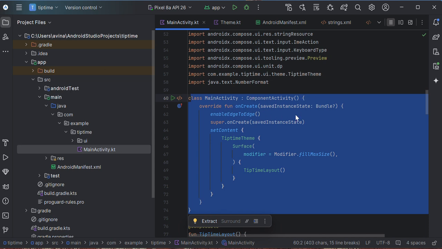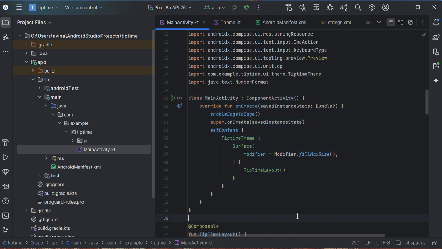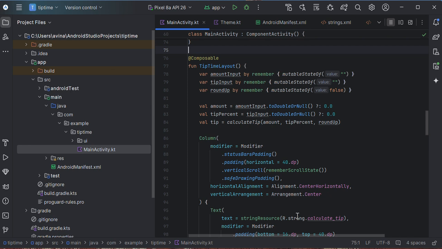Override fun onCreate saved instance state, bundle. Enable edge to edge, super dot onCreate saved instance state. Tip time theme, surface, modifier is equal to modifier dot fillMaxSize, tip time layout. In the composable thing, which consists of the